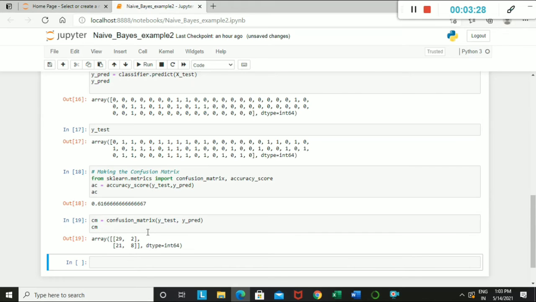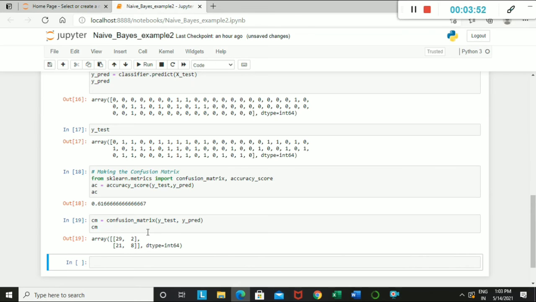What is false positive? If you don't know all these things, I have already prepared a video on what is the accuracy matrix, what is the confusion matrix, and what is the accuracy score. The link to that video will be in the description. You can go through it and clear your doubts about how the accuracy score and confusion matrix are calculated, so you will be clear with the terms.